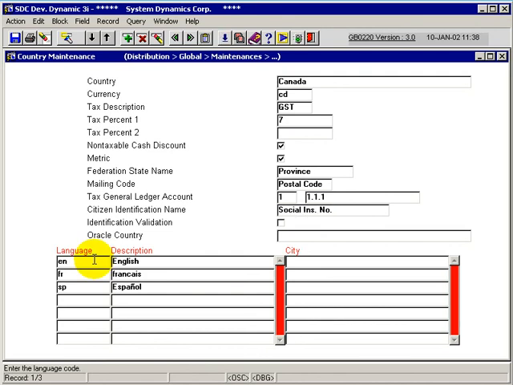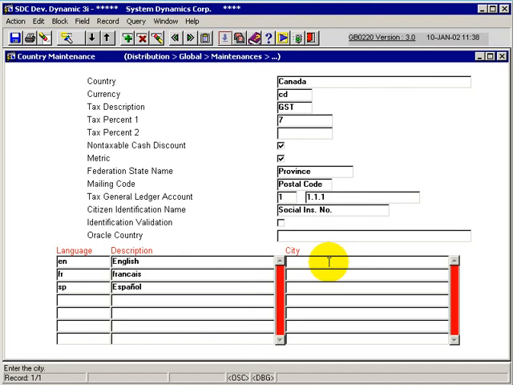The language code is entered for a particular country. It would just be a listing of the various languages that may be used in a particular country. The city field is quite useful because when you're entering data into the system where you are prompted for a city, for example, if you're setting up a vendor or a particular customer, you'll be able to do a list of values on the city, so that if you're entering something for Canada, for example, and you have a list of cities within Canada, it's quite simple then just to select some primary cities from your list of values